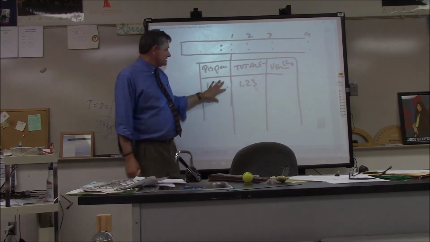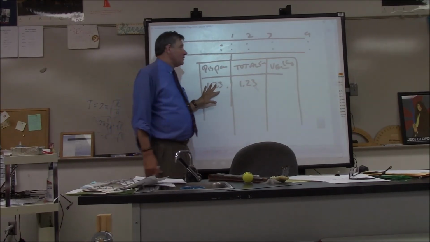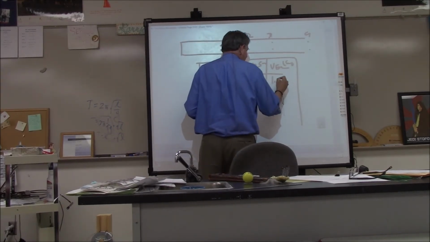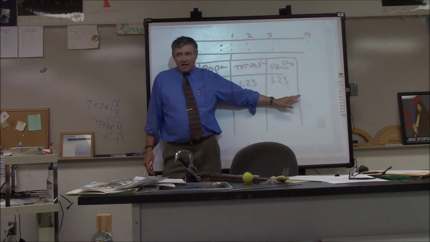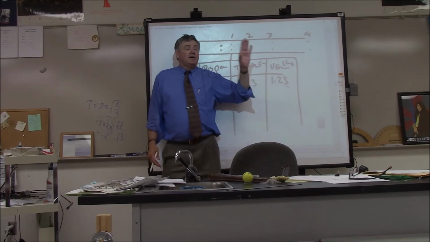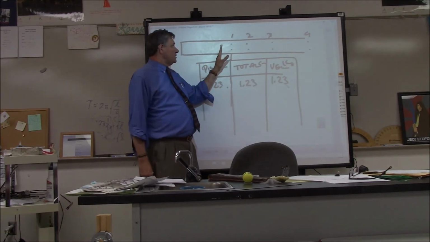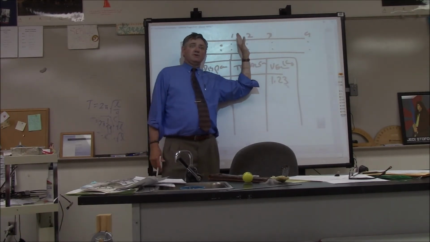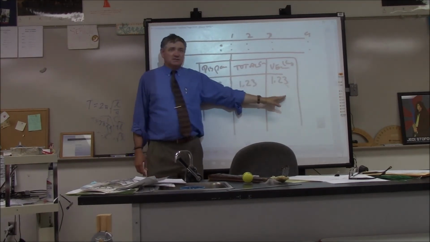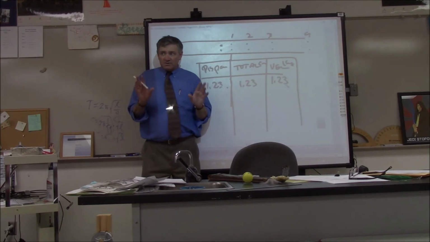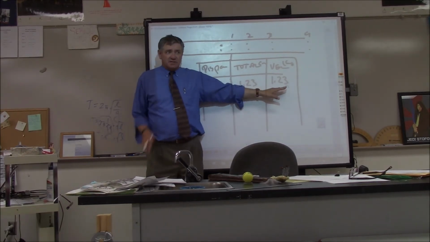Whatever this is, however far you travel in this interval, we're going to call that our velocity as well. Now, in reality, this is not accurate, and here's the reason why: over this interval, you're actually speeding up. So you're going slower than this at the beginning and probably faster than this at the end. But without going through a whole bunch of math, this is just going to give us a nice idea of how fast we're going.